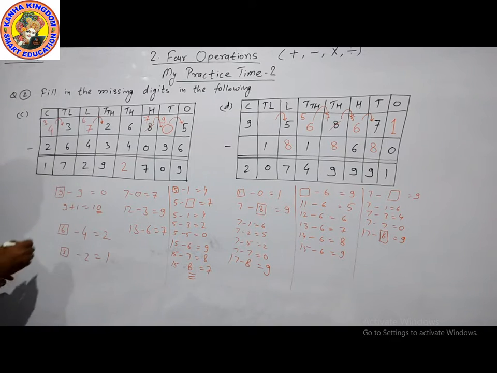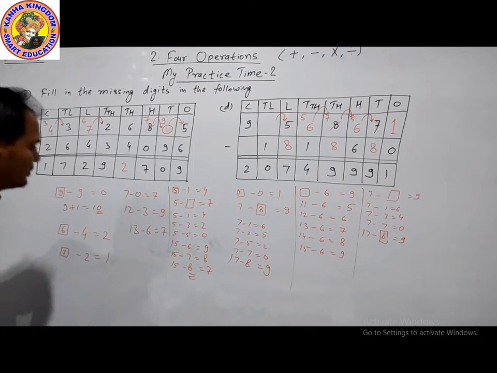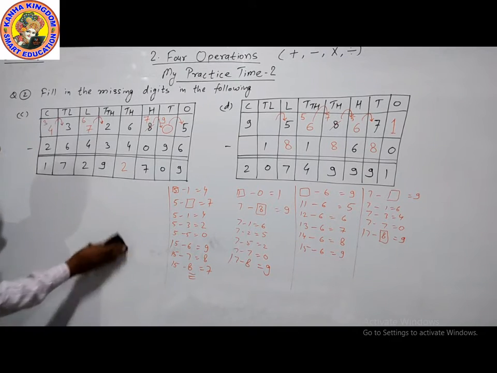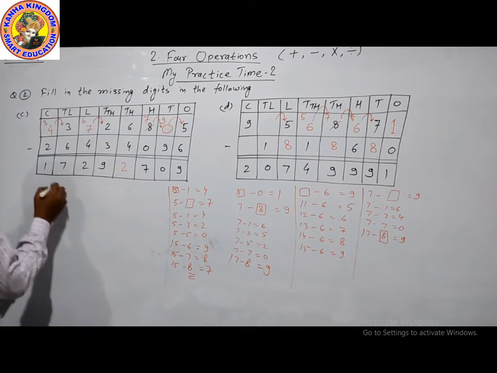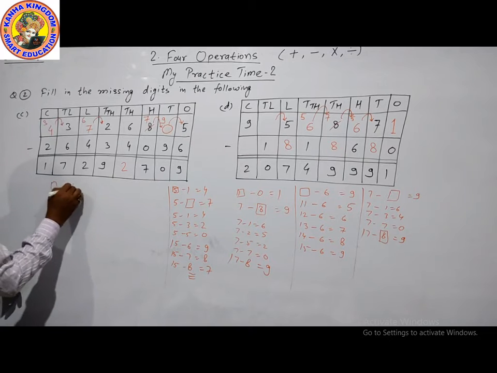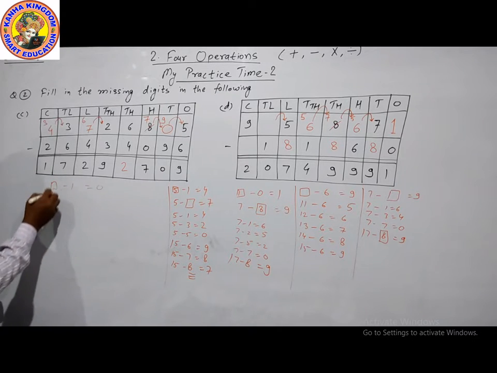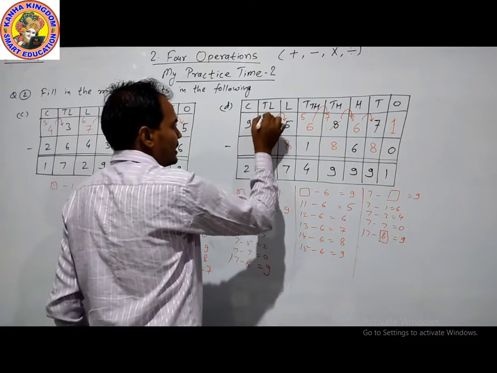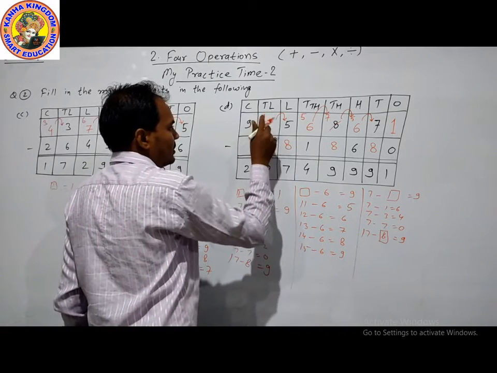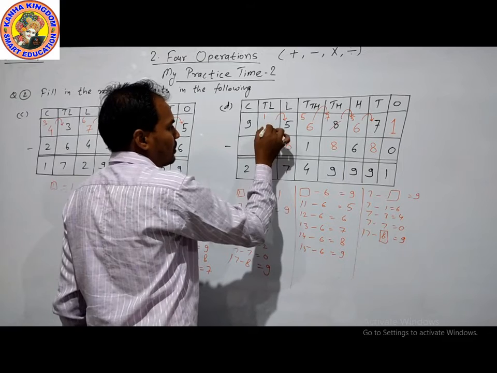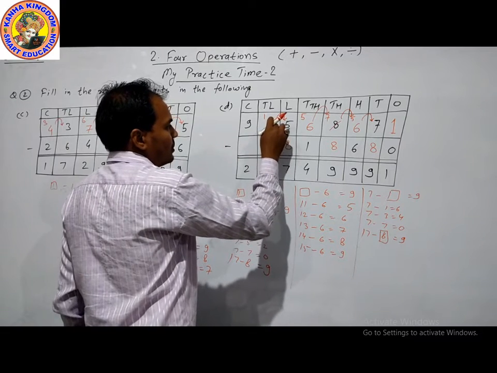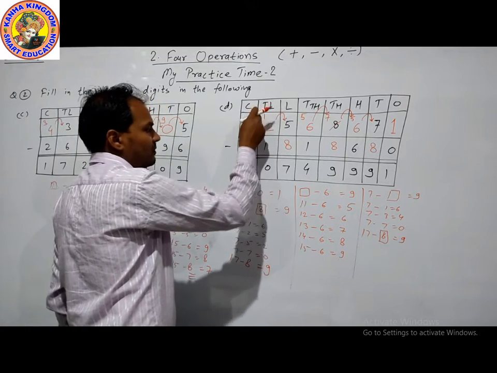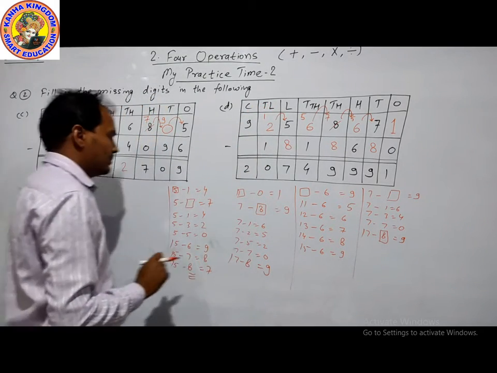Now our next one is a digit minus 1 is equal to 0. So the digit will be 1. 1 minus 1 is equal to 0. So here is 1, but this will give a borrow point. So this will be 2. Here is 2. Giving a borrow point, this will convert into 1. 1 minus 1 is equal to 0.